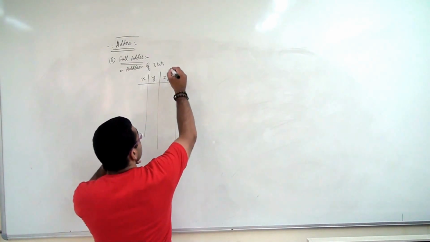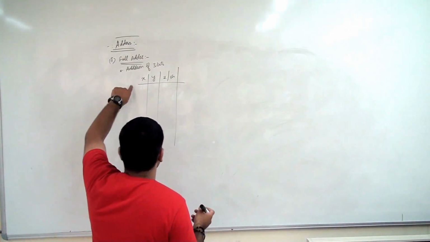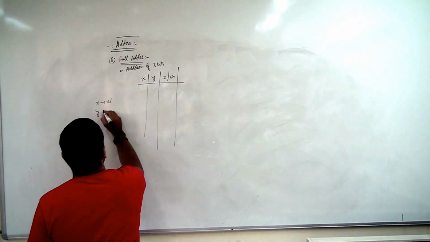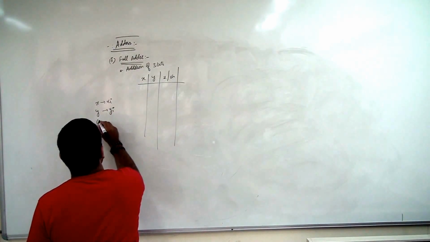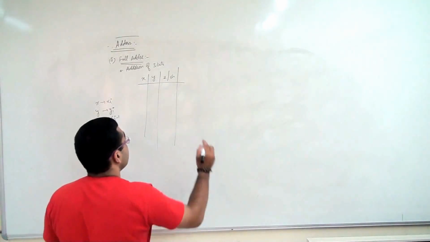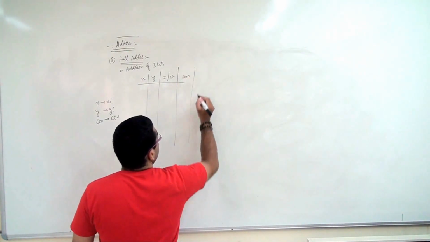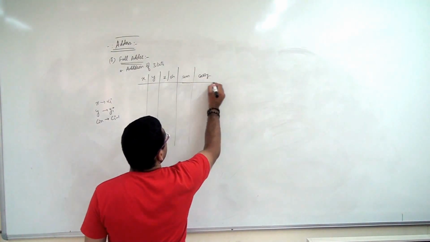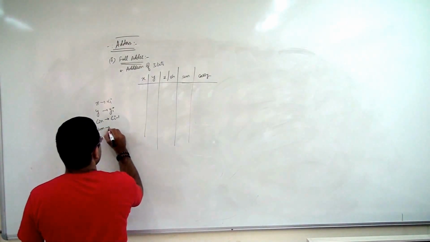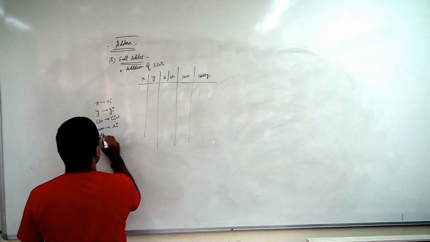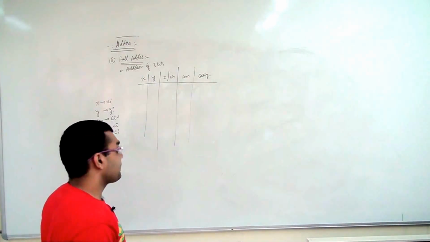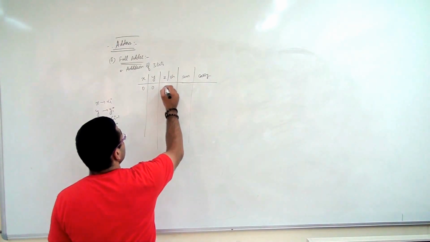That can be called C in also, or if I specifically replace x and y by xi, that is at the ith stage, and y by yi, then my C in will actually be C i minus 1. Alright. Now there are 2 outputs, sum and carry. Again because it's an adder, there will be 2 outputs. So sum will become sum at the ith stage, and carry will become the carry generated at the ith stage, that is C i. Alright. So now with 3 bits, there will be 8 combinations.